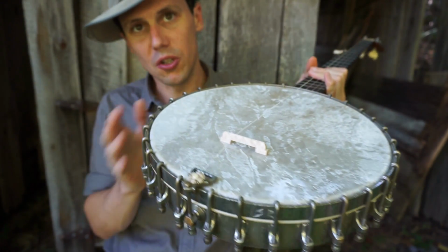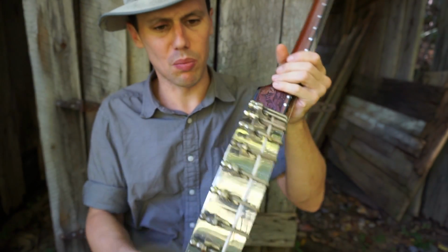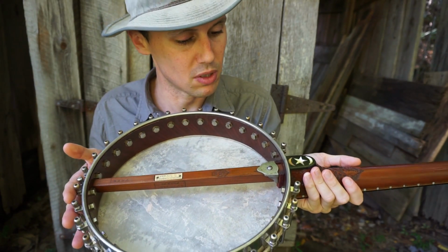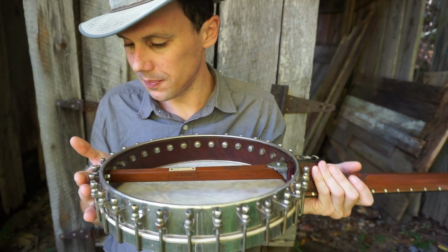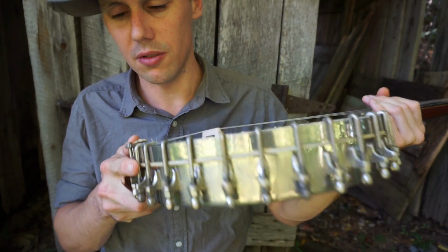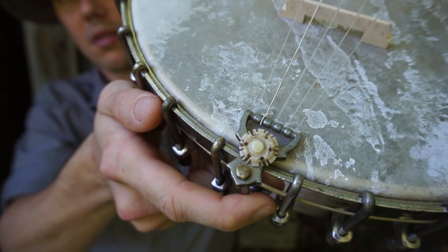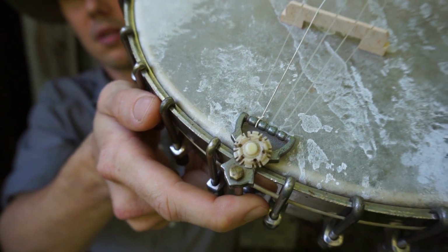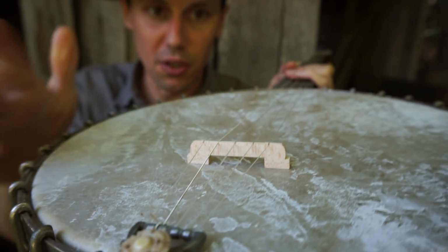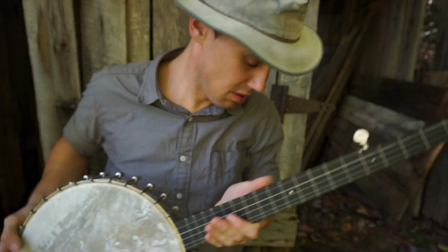Typical of a Stewart banjo, the rim is clad. Pretty much all of his banjos were spun over. All of his banjos made from about 1880 on were spun over. This is an original, pretty sure that's an original tailpiece. This bridge is a Clifford Essex bridge. That's not an antique bridge, but it's appropriate for what would have been on an instrument like this. So anyhow,